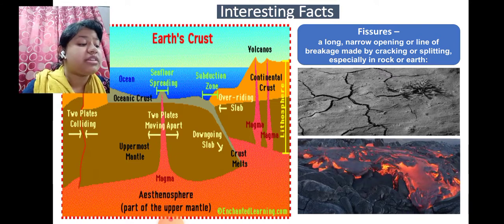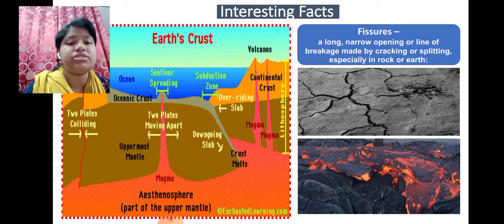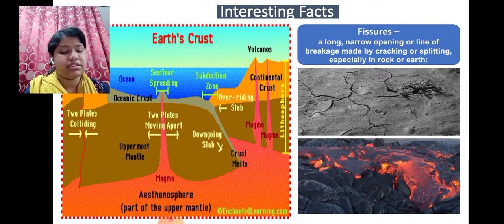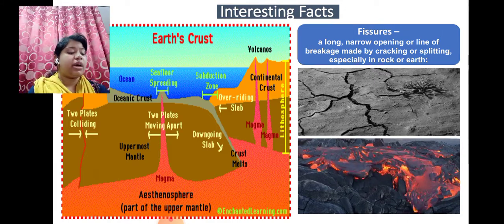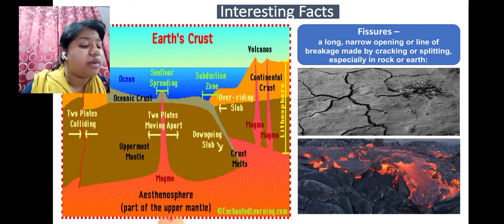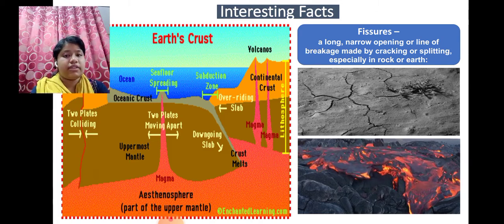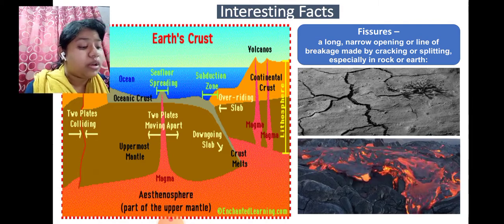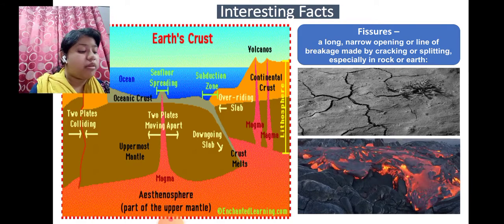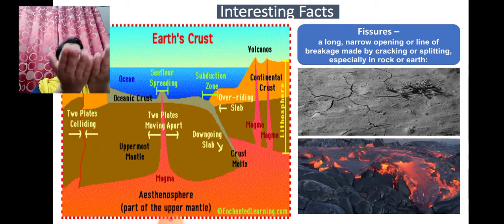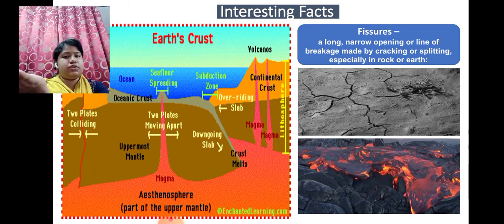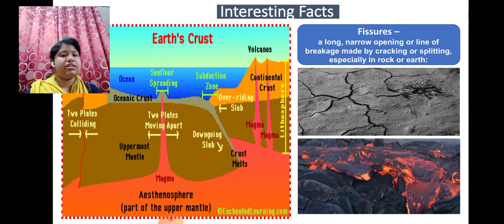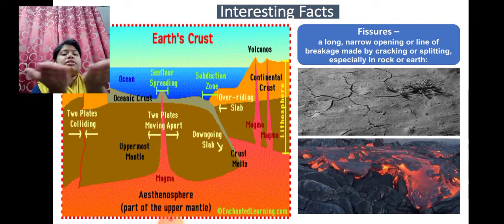If the magma is coming out from the earth's surface through a small division on the surface of the earth, this small division will be in the form of a linear fracture. The magma that comes out in this method forms a horizontal layer, a flat horizontal layer structure, which over a long term appears to form a plateau. So whenever the magma comes out in a linear structure in a horizontal layer, that forms the plateau.